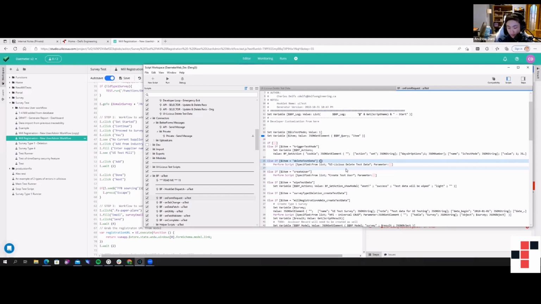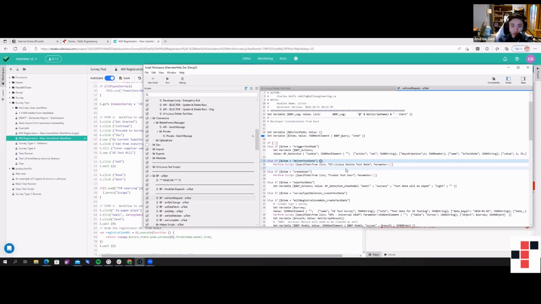So that's mostly it. Regarding the cookie, essentially we needed a way for FileMaker to know that the data we're creating in this test is test data, and that it should be flagged so that when we do the delete process, it can go through, find all the fields that have the flag set to 1, and just delete them. A cookie was a great way to have it persist throughout the test,